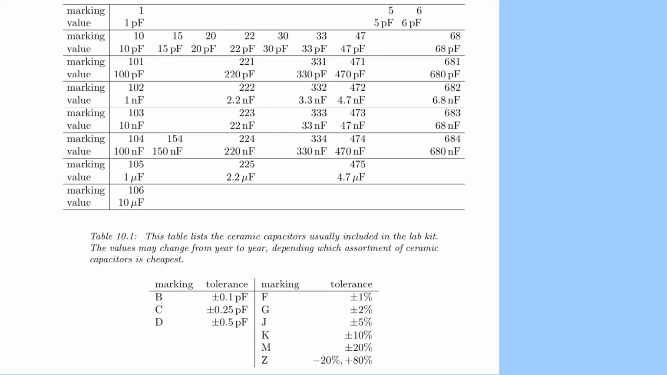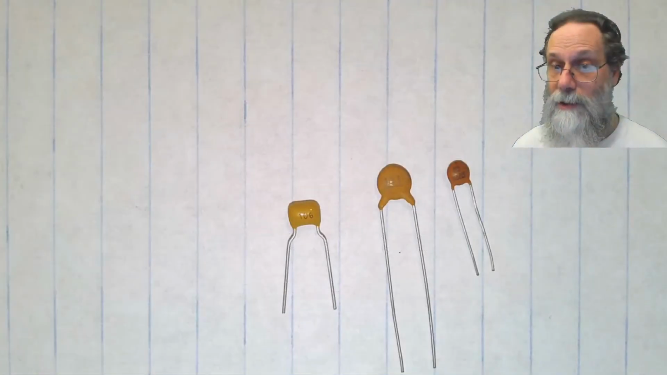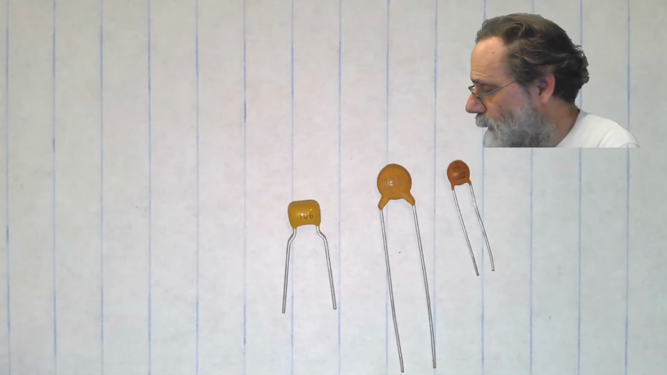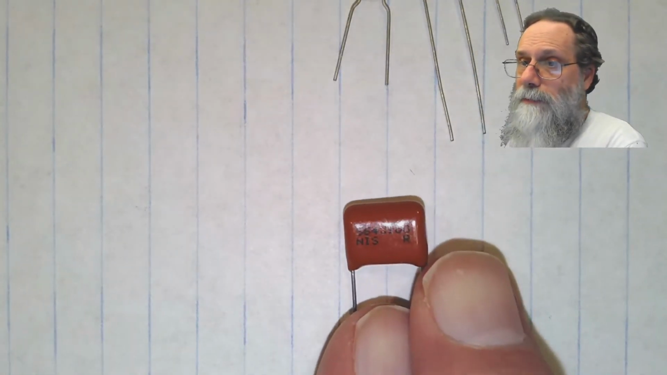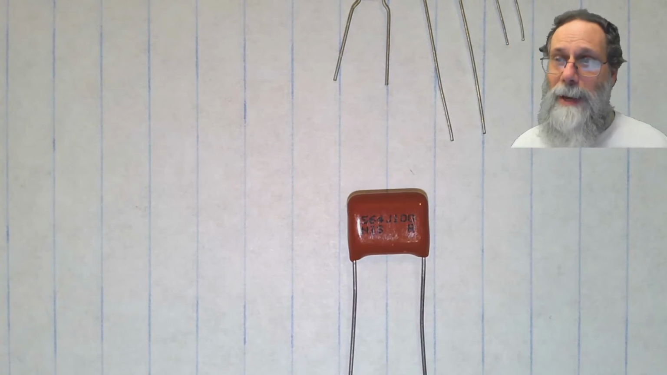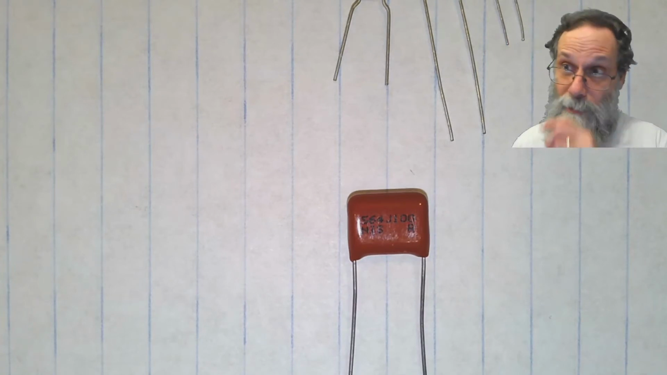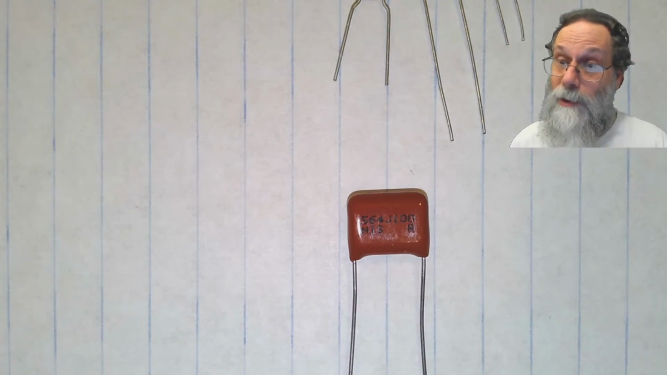Now, I have another part on this table here that shows some more markings. And the capacitors we were looking at here, the ceramic ones, didn't have these additional markings. So I'm going to show you a slightly different type of capacitor, which does have some additional markings. And that is probably a film capacitor. I got it surplus, so I'm not really sure exactly what sort of capacitor it is,